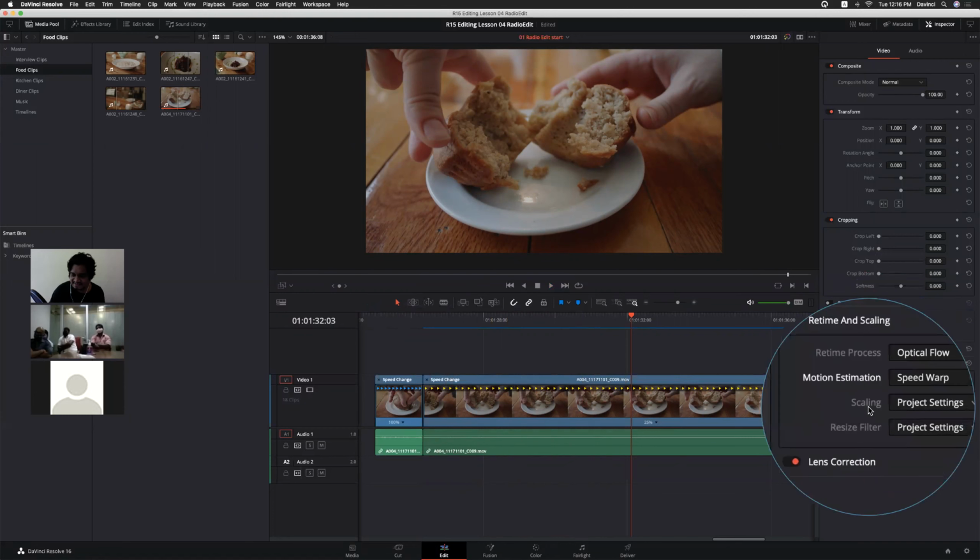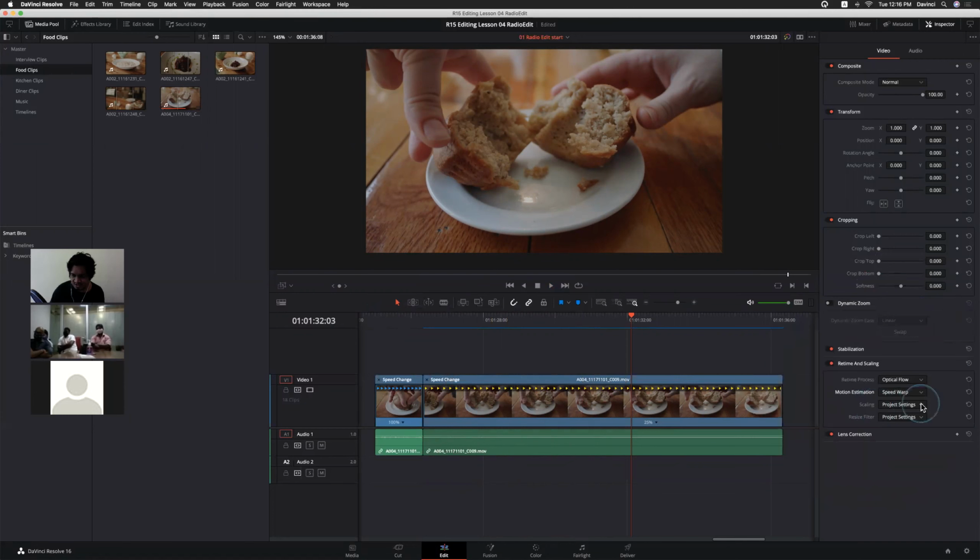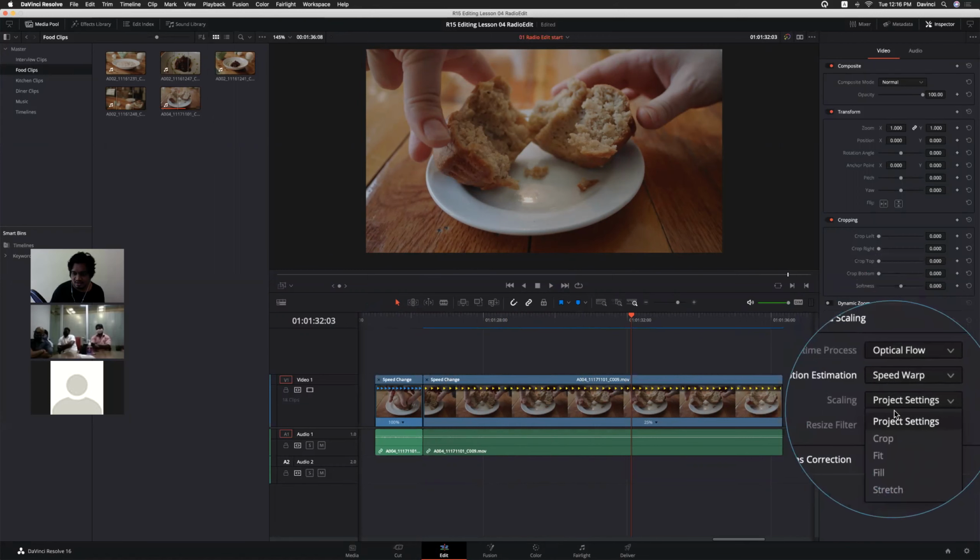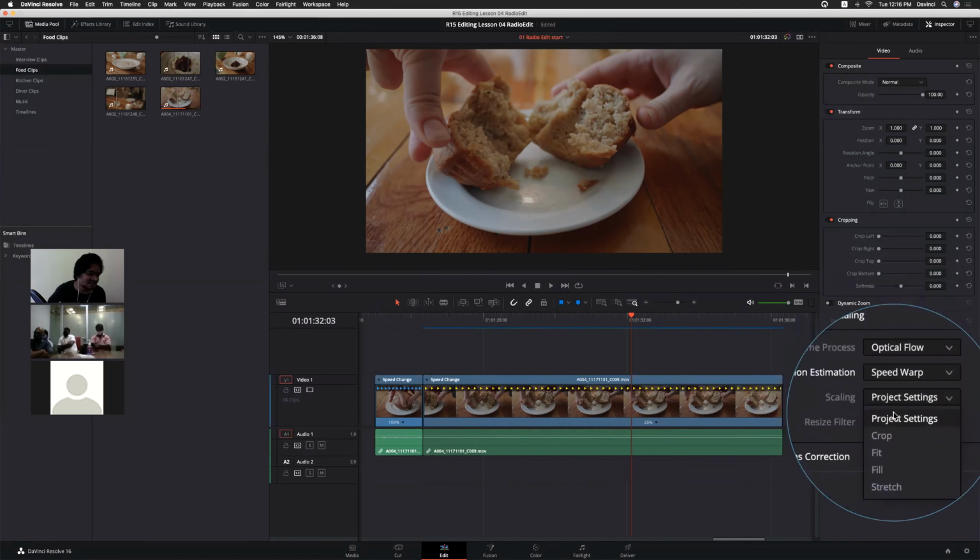And whereas scaling, scaling is related to spatial conformation. Okay, let me compare it with FCP7. While importing different frame size clips or maybe different resolution images in our timeline, conform to sequence, I think.